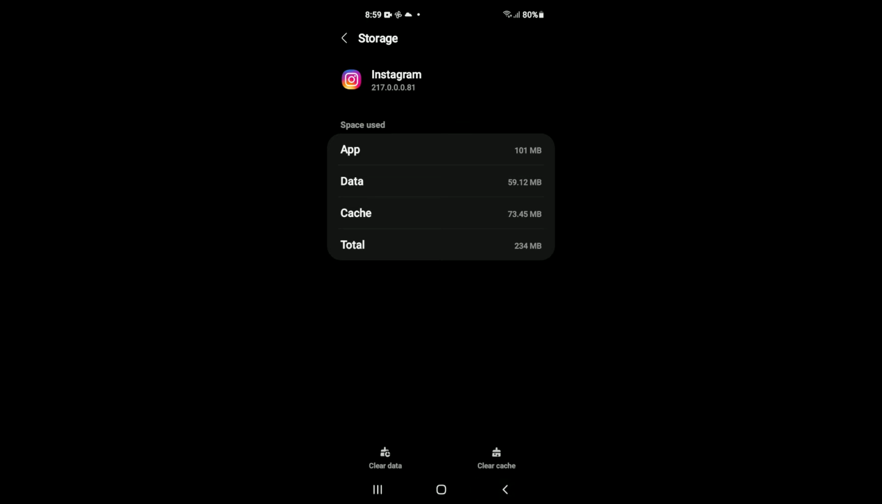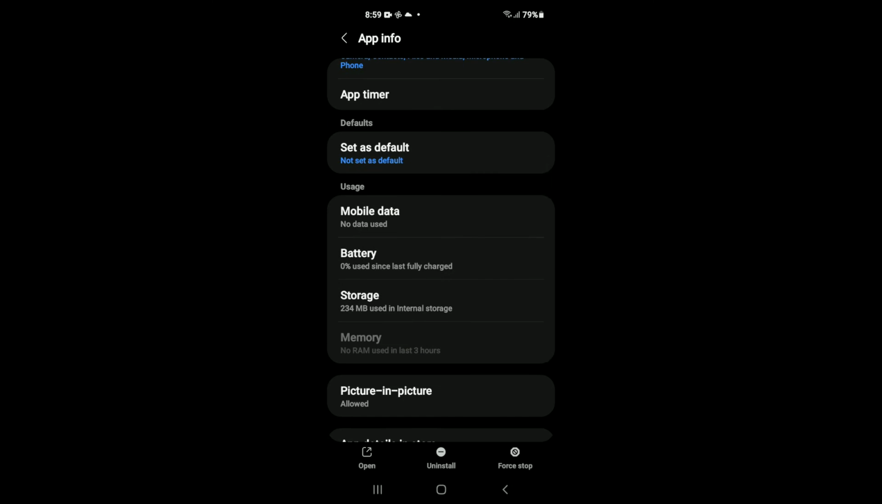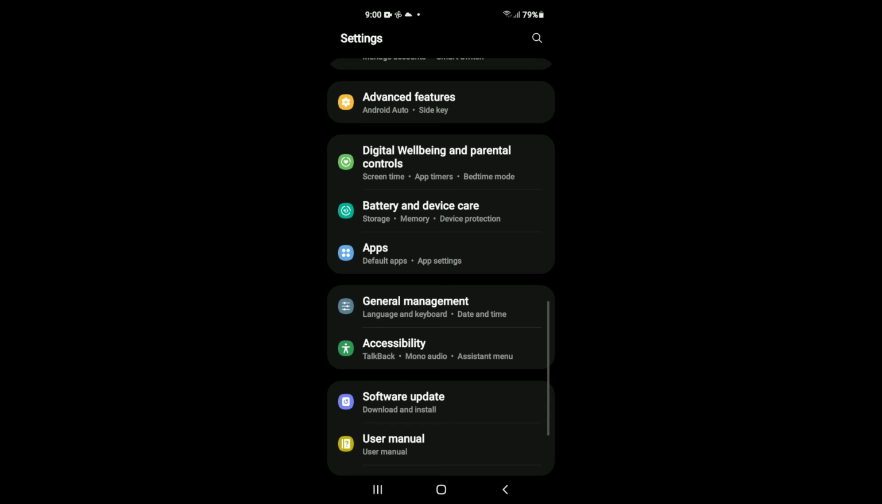After you have done that, you're going to come out of it and you're going to tap on Force Stop right here in the bottom right hand corner. That way, when you go back into Instagram, it automatically restarts. And if after doing that it still doesn't work, I would recommend that you turn off the phone again and turn it on. And if that still doesn't work, you're going to scroll down